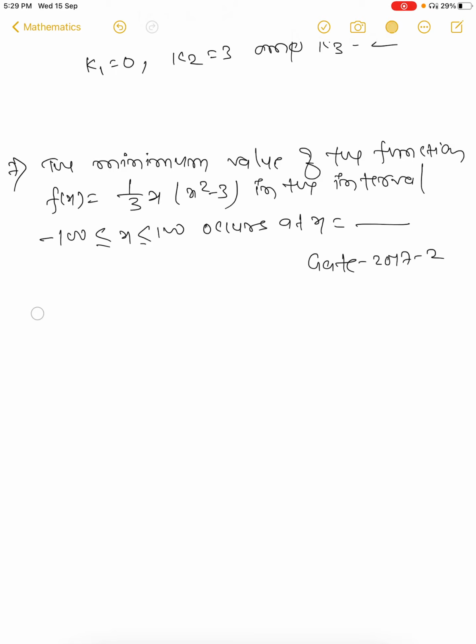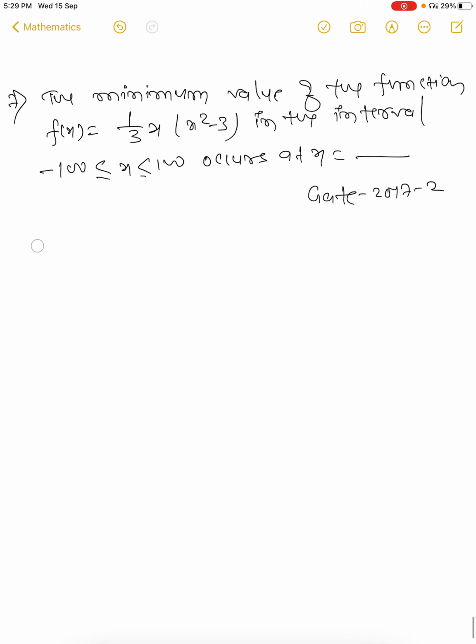Okay, so we have to find out the minimum value, and the range is given minus 100